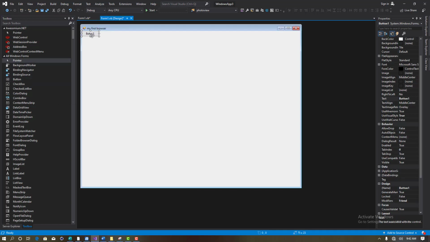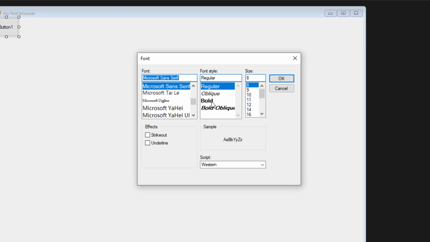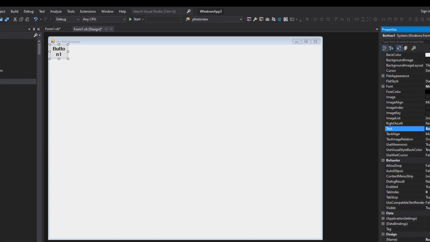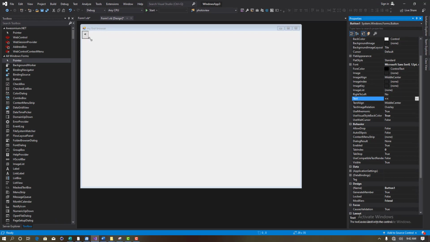So I'll just add a button for the meantime. I'll add a button, and then for this button, as we did earlier on, how I change the font size and the font style, it will be the same thing. I'll just select bold and select 12, and then it's quite there. And then for the text on the button, I'll hold shift and add this back symbol. Good. So I'll just do it this way, and then I'll copy and paste this, add it here,